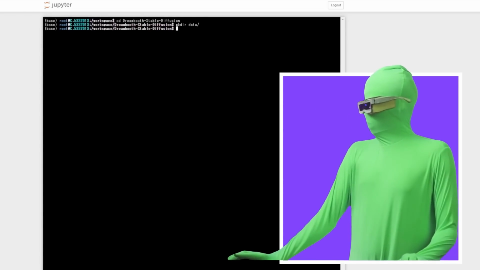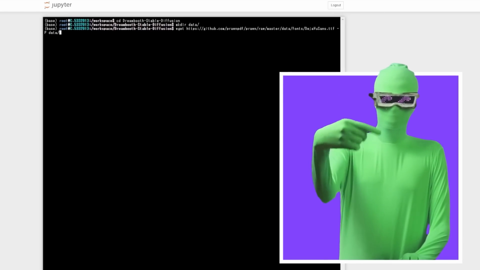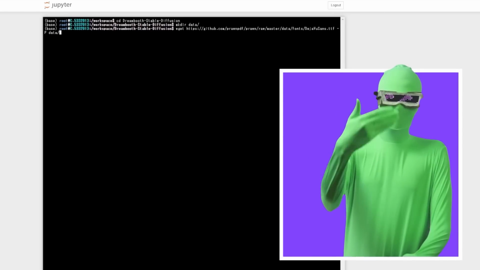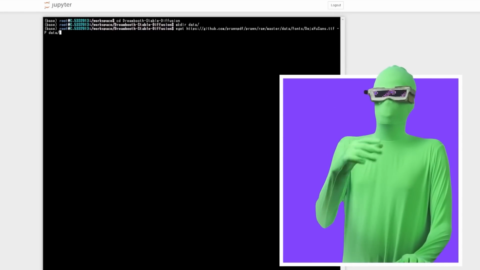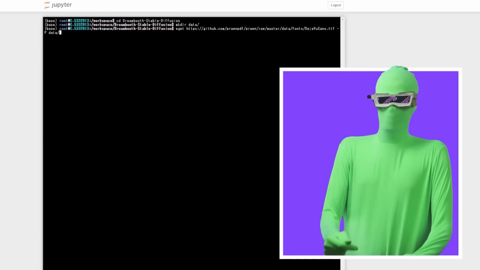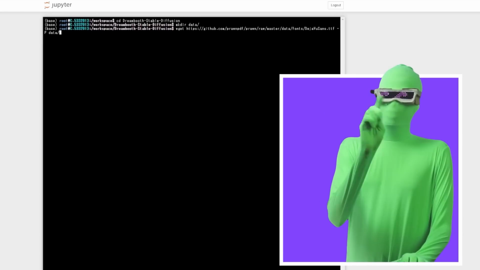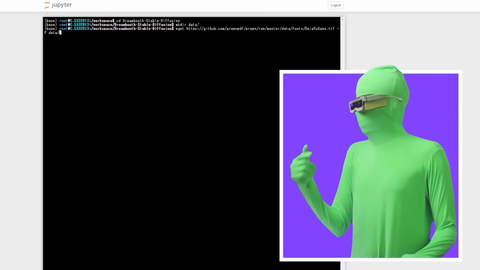And then you want to download this file. This is going to download a font file, which apparently causes an error if you train. I think it only happens if you train beyond the default amount of steps. But still, there's an error, so you need to make sure you've downloaded this file. Okay, downloads the file. Great.